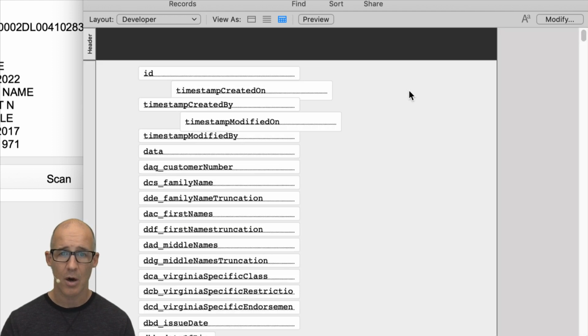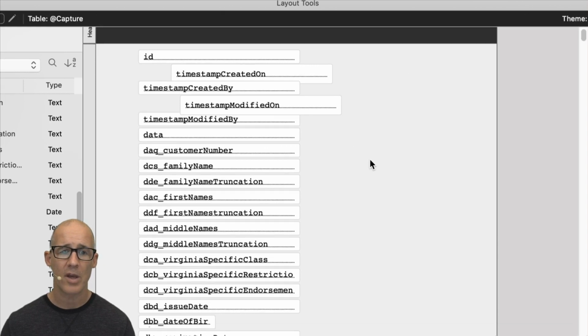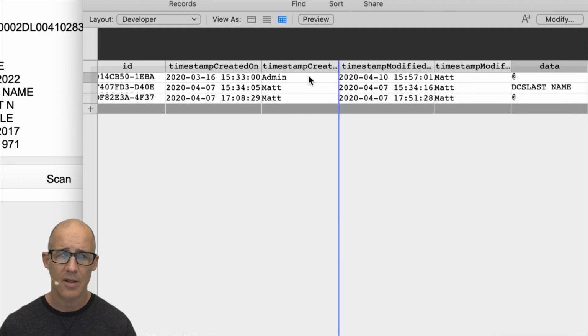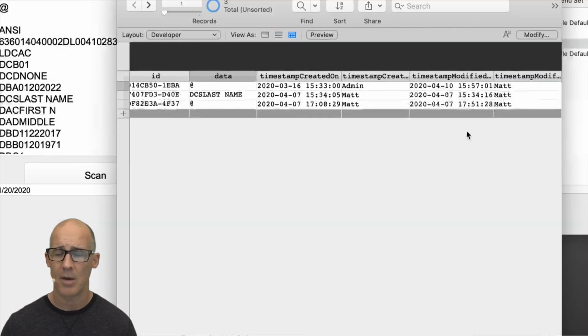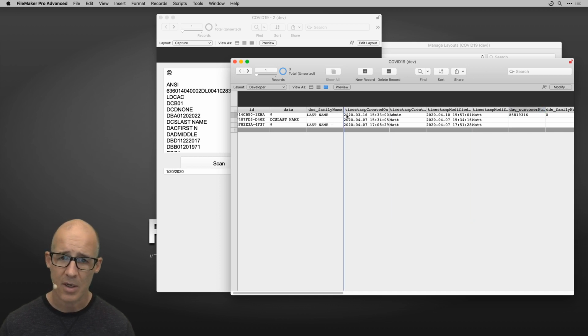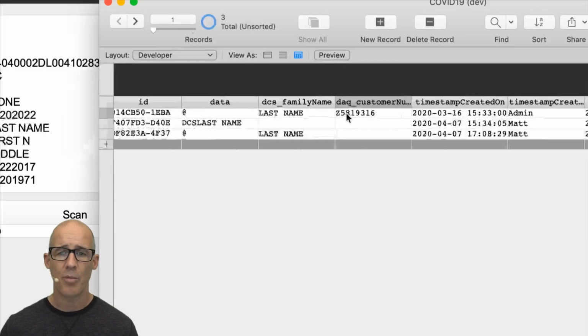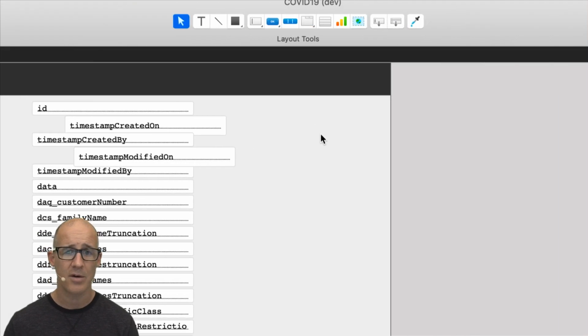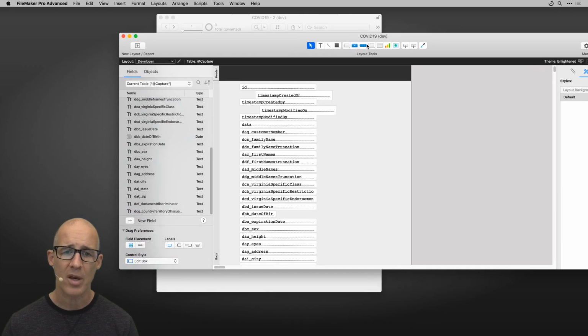So in FileMaker, in table mode, what we can do is arrange our fields according to the way that we want to see them. The non-friendly way is to do this. I want to see the data first, so I grab that field and I drag it. I can make this larger, and I say I want to see the family name right here, and then I want to see the customer name. This is a very manual process, but it also is not tied to the way that the fields are presented on the layout. Watch what happens when I go into layout mode here, and I now pick my order